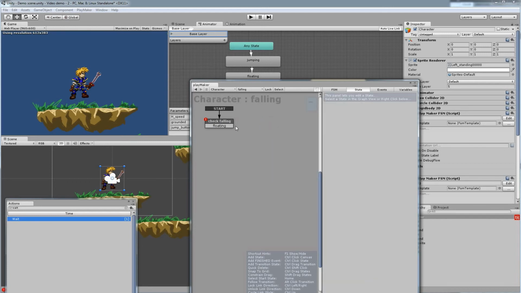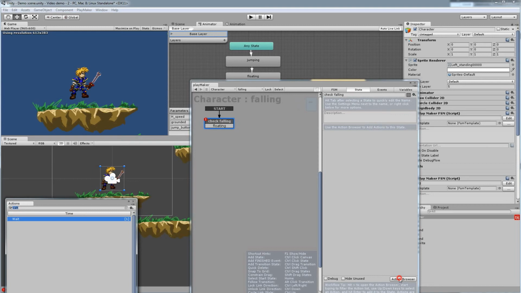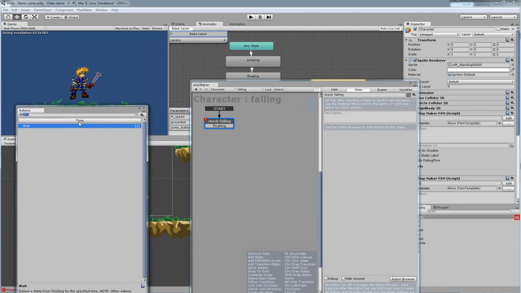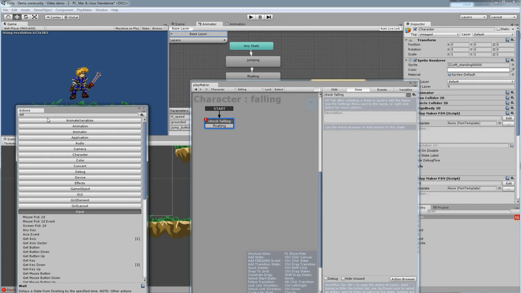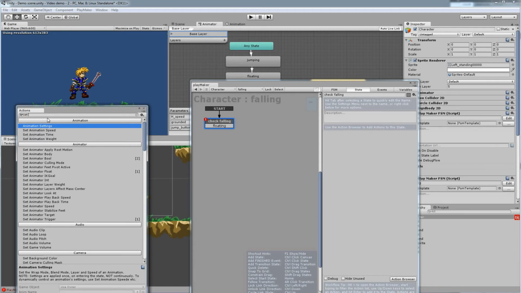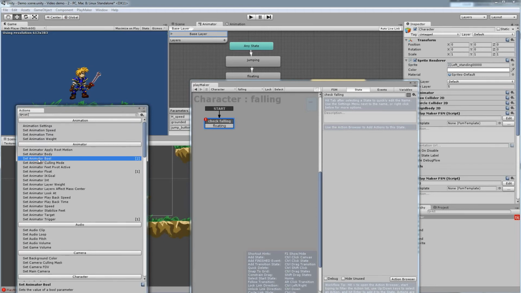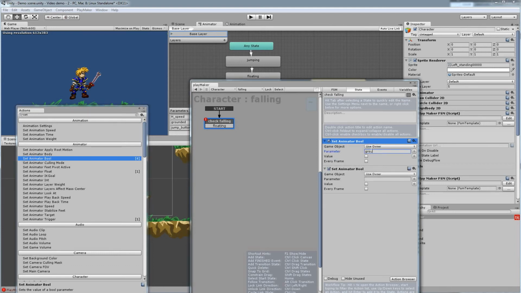Actually, let's put the variables in this one first. So action browser, pull this up. So check falling, what's going to occur for this one. We have set animator boolean, and we have actually two of those. So the first one, we're going to have the parameter, we're going to check for grounded